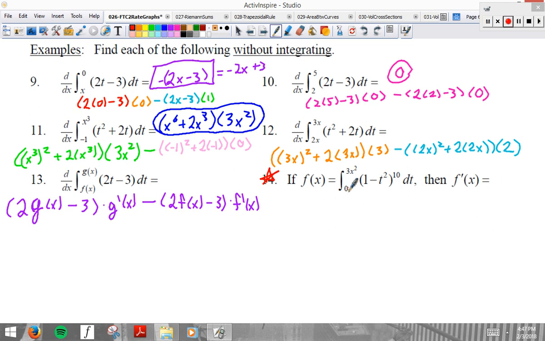And instead of talking about that, what it's asking me is about f prime. So I will take the derivative of both sides of my equation. I want to find f prime, so I'll take the derivative of that side, and that would equal the derivative of this side. And if we write it out carefully,